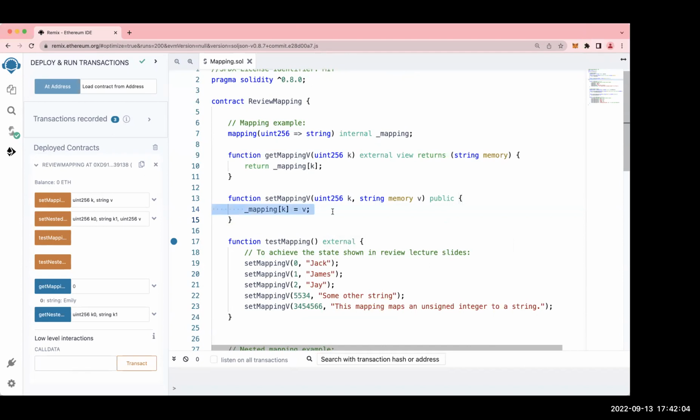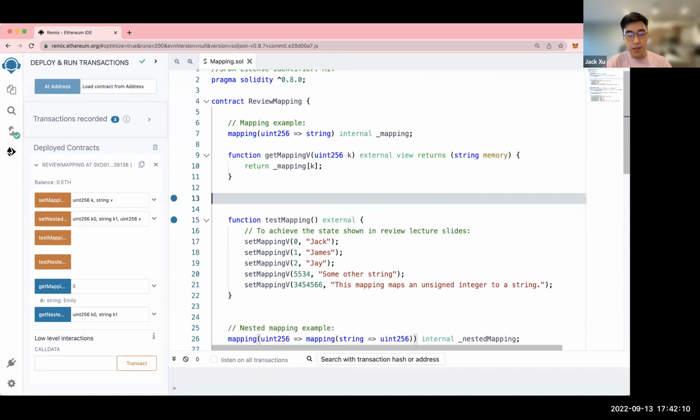If you didn't have the function from lines 13 to 15, that wouldn't have worked, right? No, well, if I didn't have this function here, okay.